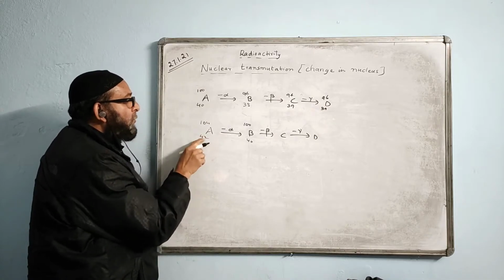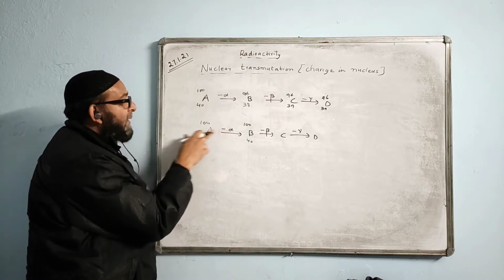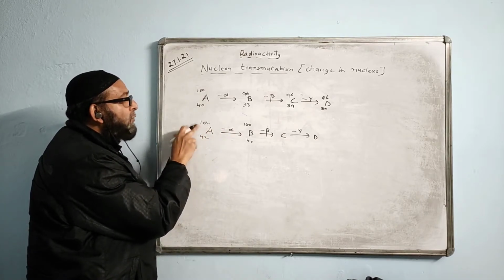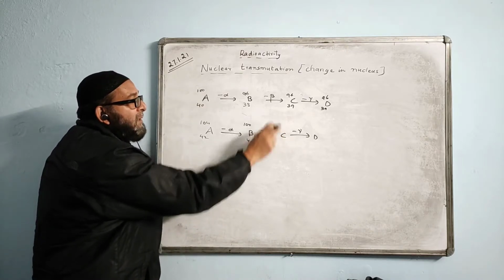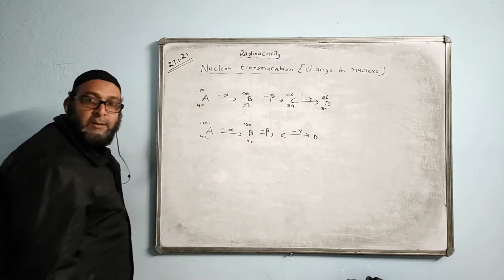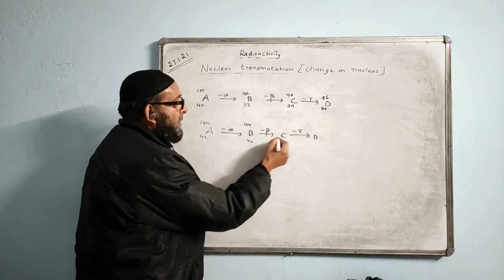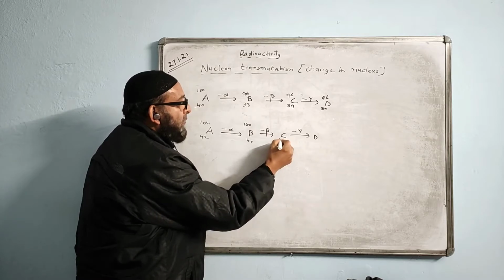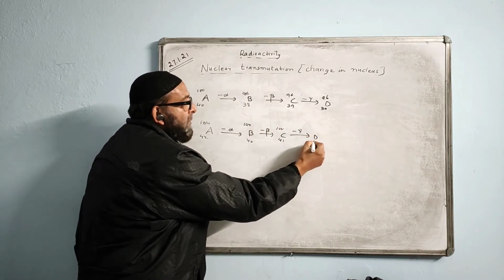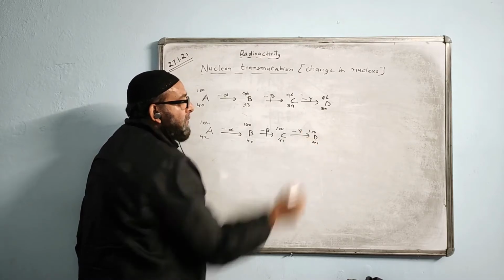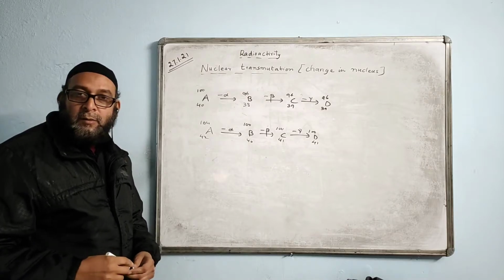42 minus 2 becomes 40. Alpha 10. And then 104 minus 4 becomes 100. And out here, how much should you write in C and D, atomic number and mass number? How much should you write now? Tell me. Beta 10: this increases by 41 and this will remain the same. And gamma 10, what is the answer? Same. Understood?